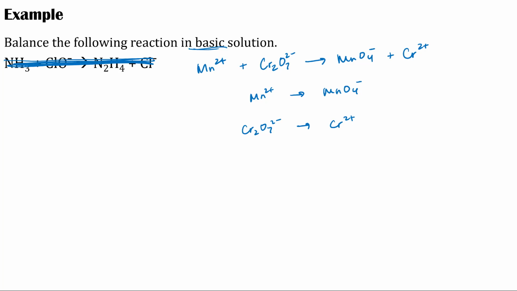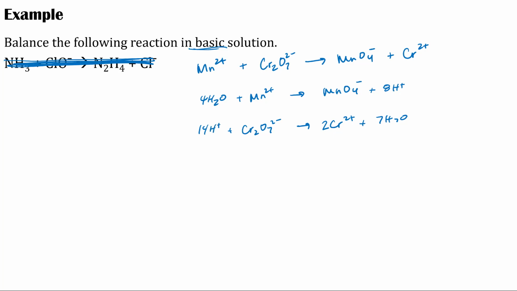So first I'm going to check to make sure my atoms are balanced, and the manganese is balanced, but the chromium in the second reaction is not. So I need 2 chromium 2s to balance out the Cr2O7. Then I can balance my oxygen with water and my hydrogens with H+. So since I have 4 oxygen on the product side, I'm going to have to add 4 waters to the reactant side. And since I have 4 waters, that means I have to add 8 H+ to the product side here. And in the bottom reaction, since I have 7 oxygen, I'm going to have to add 7 waters to the bottom here and 14 hydrogen